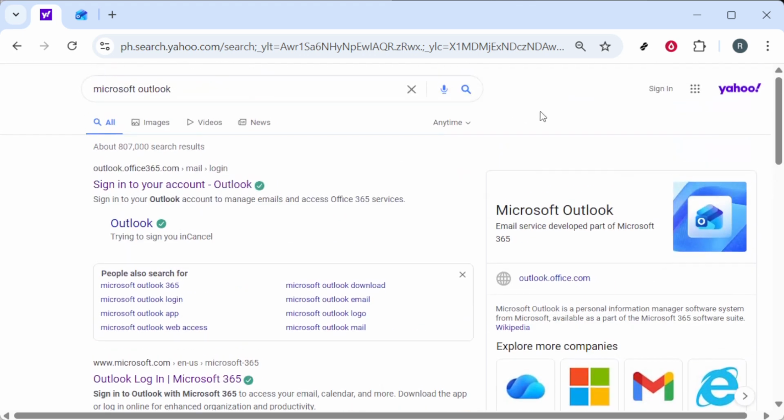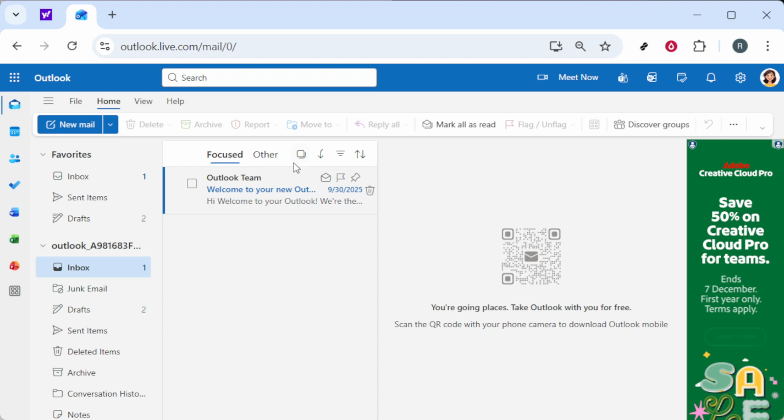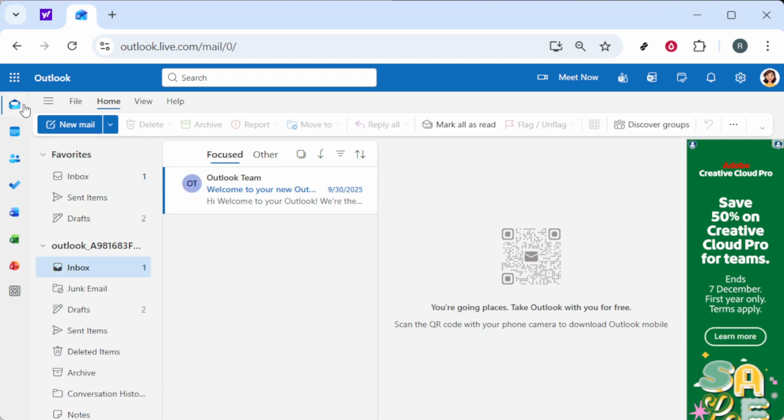Start by opening your browser and searching for Microsoft Outlook. Click the official Outlook site and sign in with your account. Make sure you're using the correct work, school, or personal account, since the calendar you create will live under that profile. If your organization uses Outlook on the web, the interface may look slightly different, but the steps are the